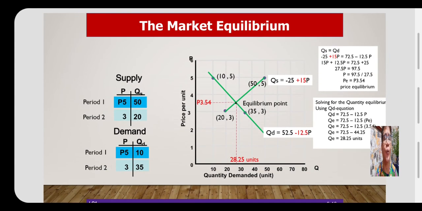So again, to highlight this derived value of price equilibrium and quantity equilibrium, corresponding to the P value of the point of intersection between the demand